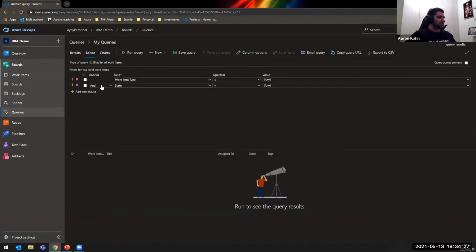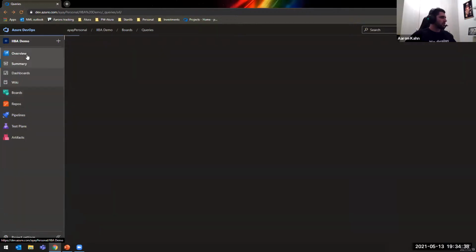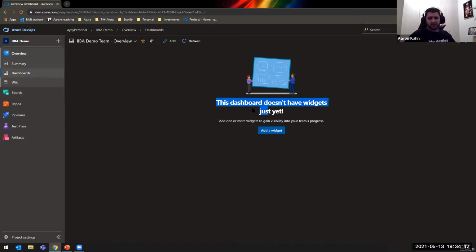Otherwise, we're not actually going to be able to get it in the dashboard. So I don't know why it won't actually let me. But anyway, what I want to do now is go to the dashboard. So in this overview, you've got the dashboards. Now, I find this to be quite underutilized with a lot of projects. And while I don't necessarily make a ton of use of it, the way I do use it is